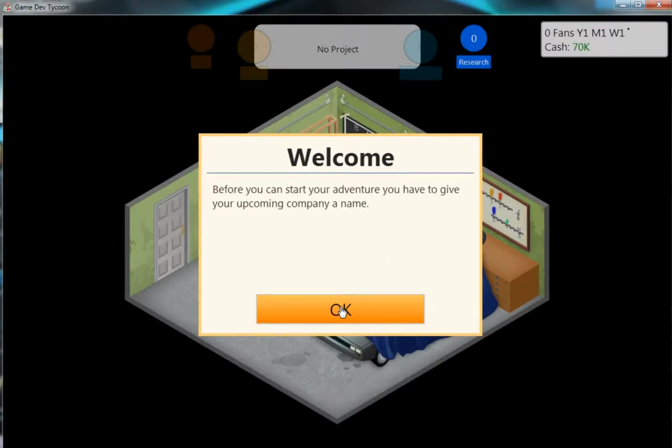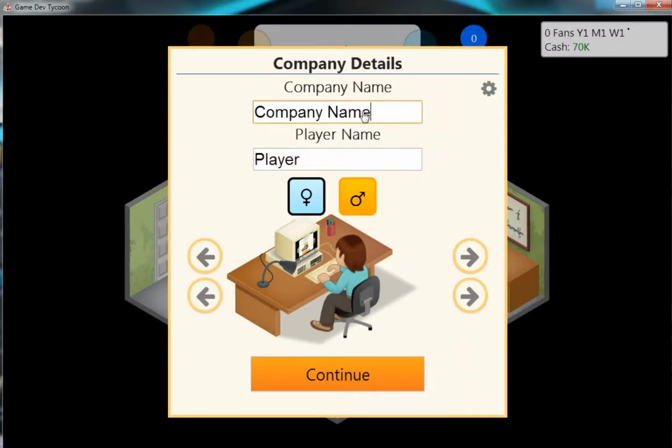So we gotta give our company a name. We will call it Dro International. We'll just go with Dro for the player. I guess we'll leave him as a dude with brown hair. Let's see what we got. You can just stay in the blue shirt too. Alright, so